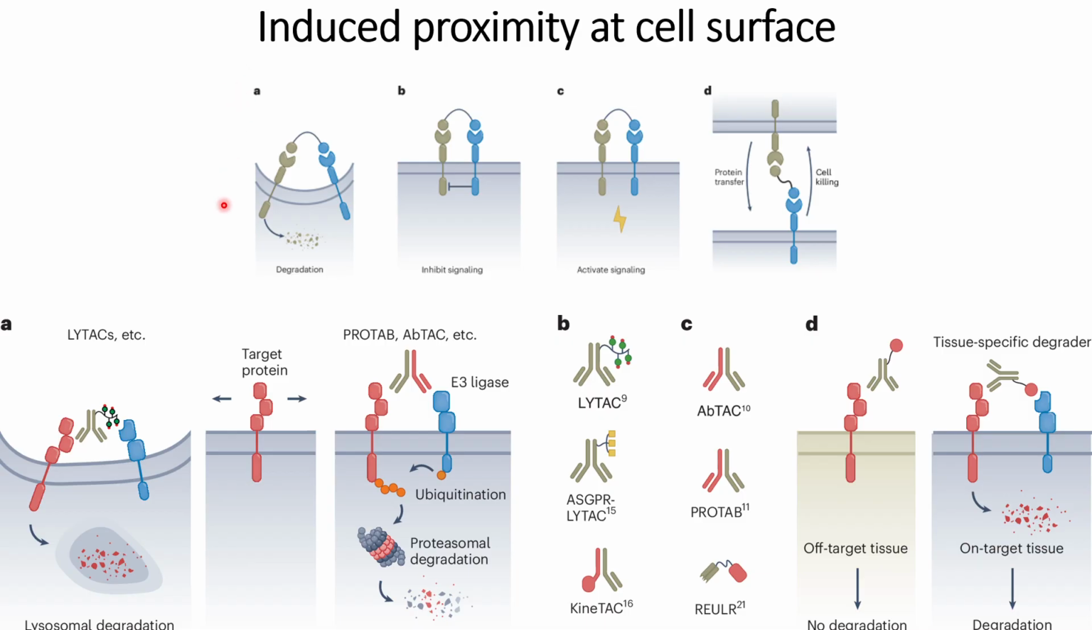Those examples are shown in this first figure, where we can see that when this reagent interacts with two cell surface receptors, it might cause degradation, or the reagents are designed in a way that they inhibit the downstream signaling, or activate the downstream signaling. And in some cases this reagent helps in protein transfer or cell killing. We can see that in the cell cytotoxicity assay, where the